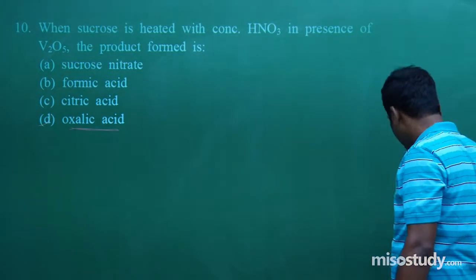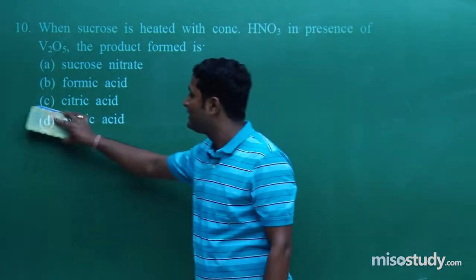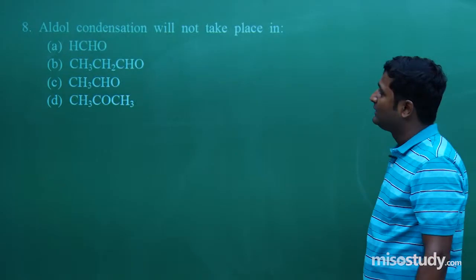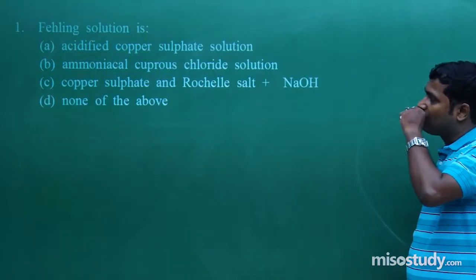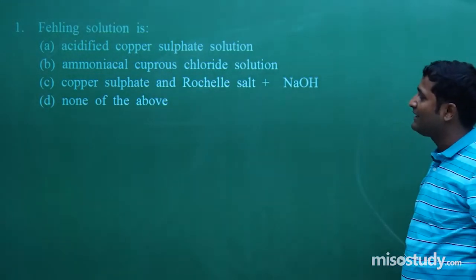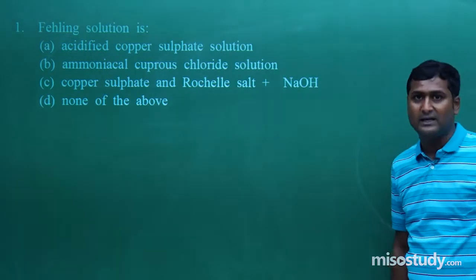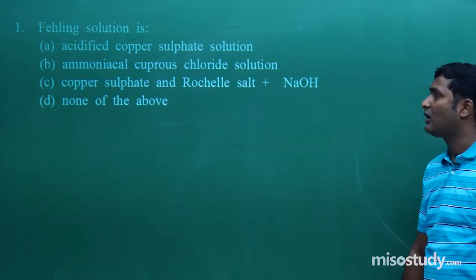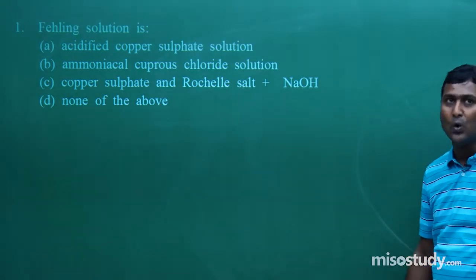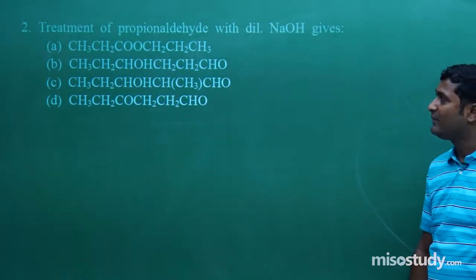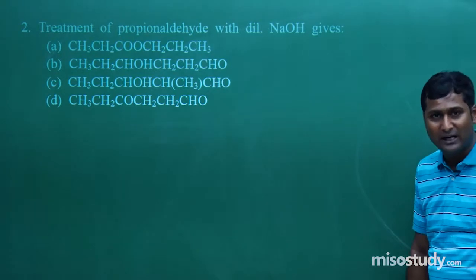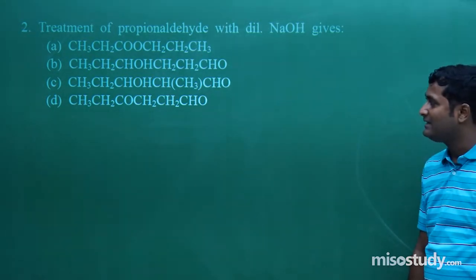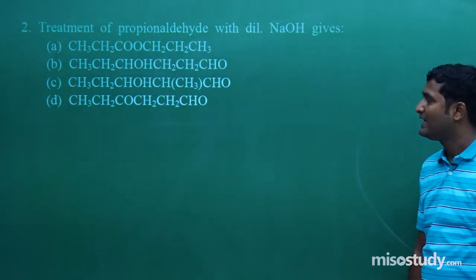This is so simple. Now let's move to the revision. We'll revise the things again. What will happen? Check it out. For question number 1, tell me what is Fehling solution. It's very easy. The Fehling solution is copper sulfate and Rochelle salt plus NaOH. Now, what is the treatment of propanaldehyde with dilute NaOH? As I told you, the product is CH3CH2CHOH